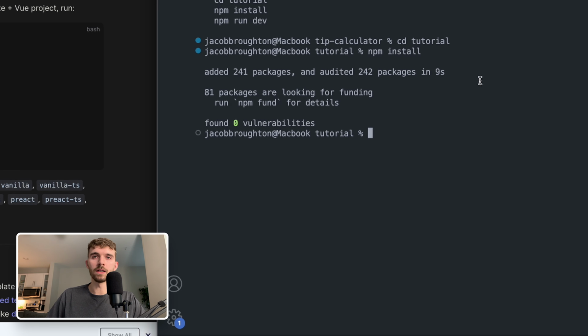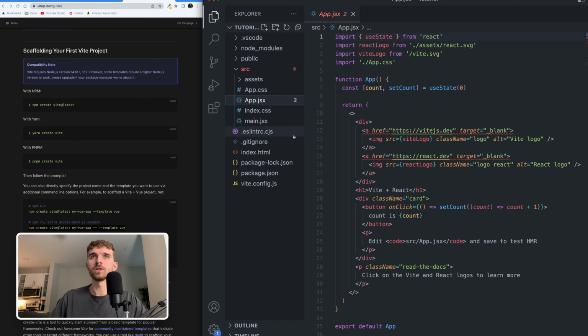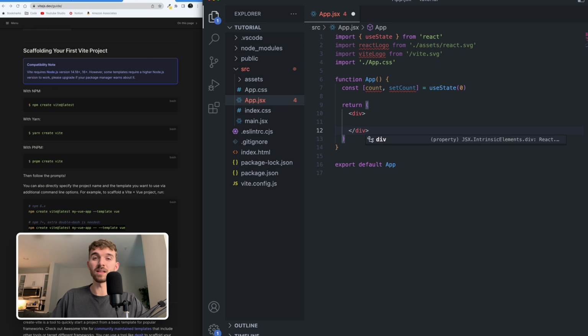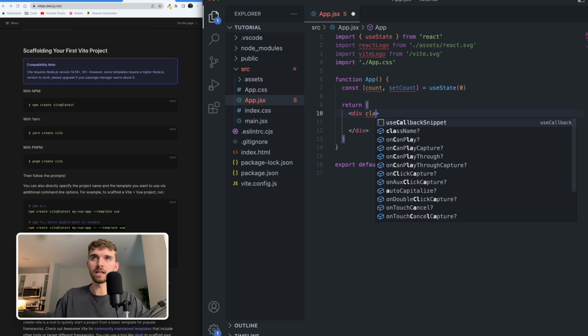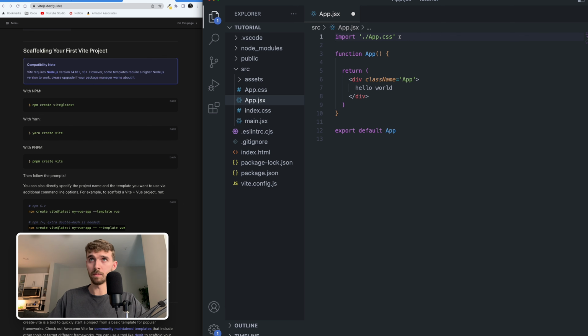Now I need to open this up. We are going to kind of reset this app and make it so it's not a bunch of boilerplate. So first thing you want to do is go to App.jsx, delete everything in it. You can keep the fragment, or we're going to change that fragment into a div, and we're going to give it a class name of app. I'm just going to write hello world, delete this useState, delete these 3 lines up here,